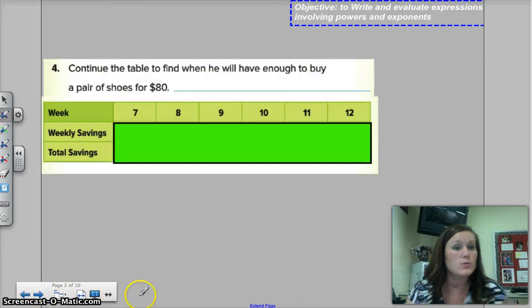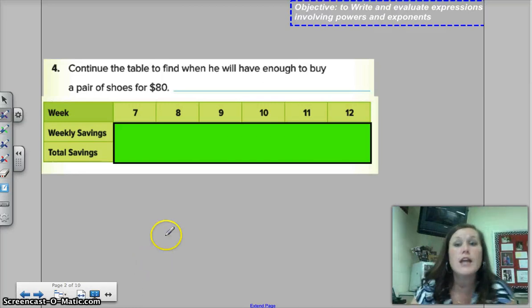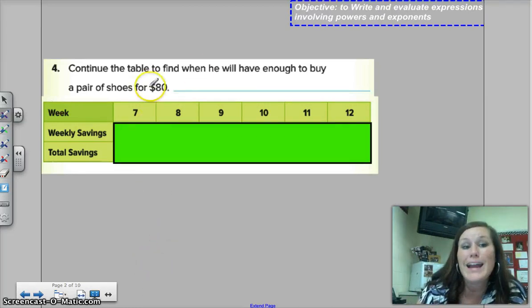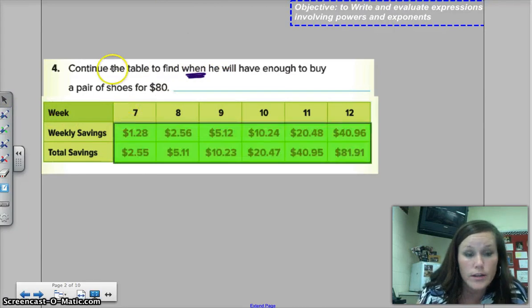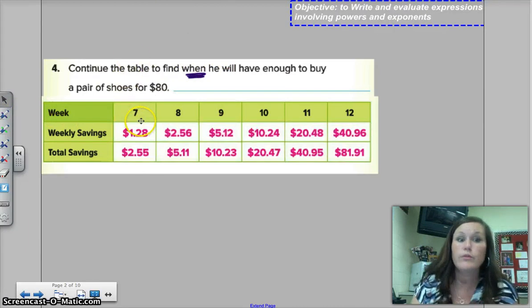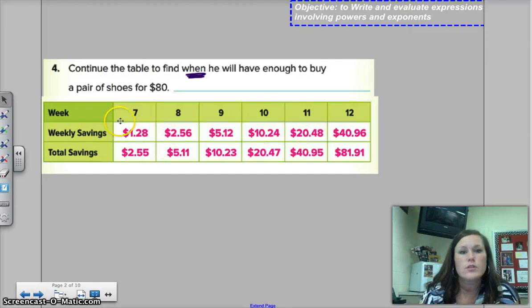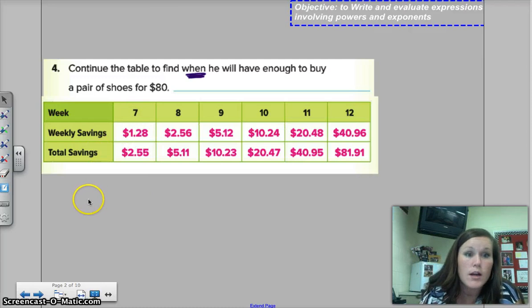Let's look at what the next question is asking us. It says continue the table to find when he will have enough to buy a pair of shoes for 80 bucks. So now we're looking at when. For the sake of time, guys, I'm going to reveal all of the amounts so that you can see. I don't need to go through the times 2 times 2 times 2 any longer. So if we look at this completed table, when will he have enough money for a pair of shoes that's 80 bucks? We look in our table,